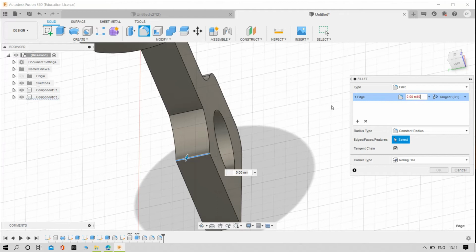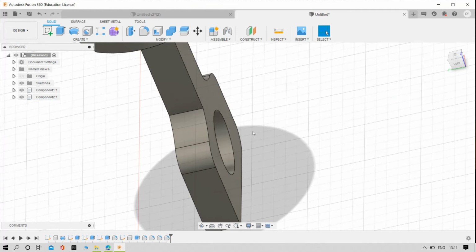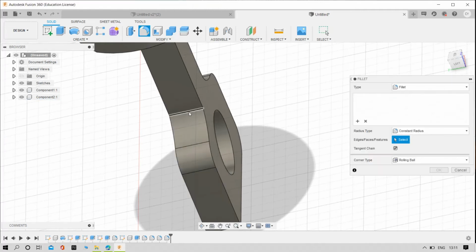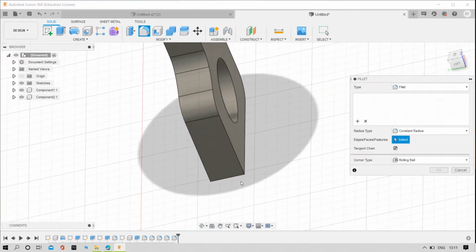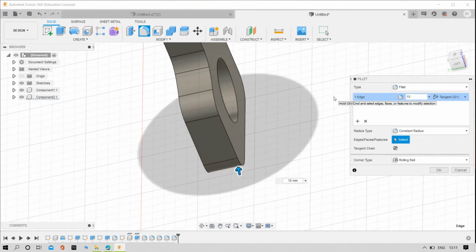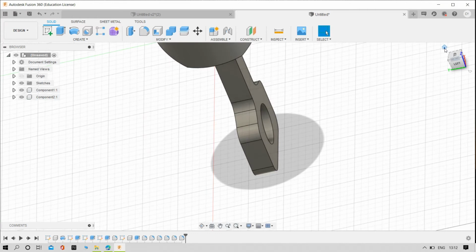Make it a 10. Fillet, 10 mm, and downside also. Yes, make it home button.